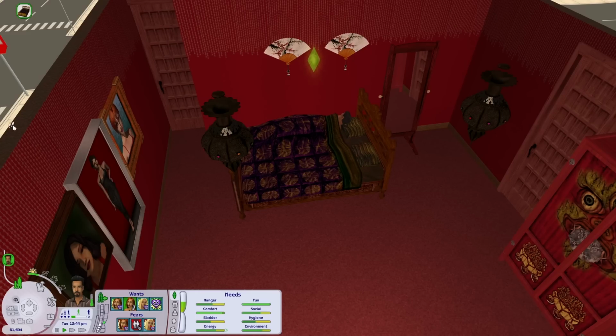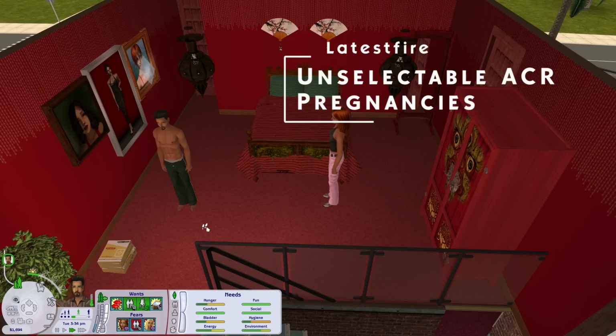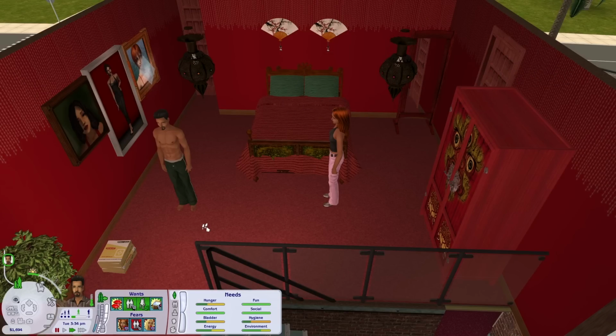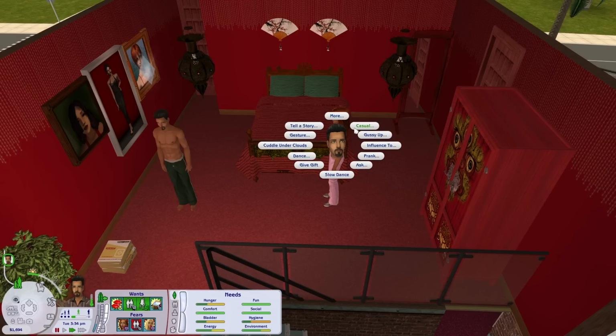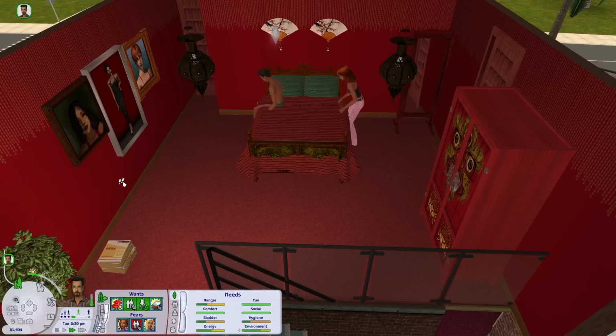So yeah, brilliant. I've now teleported Dean around for our next mod, and I have ACR installed and set up, because we're going to be looking at the mod Unselectable ACR Pregnancies. So I have changed the risk chance to be 100%. Obviously not very realistic, but I want to show you that it definitely works. So Nina is around and she's not selectable, but if I have Don do a casual woohoo with her,